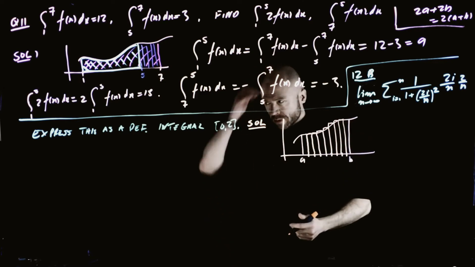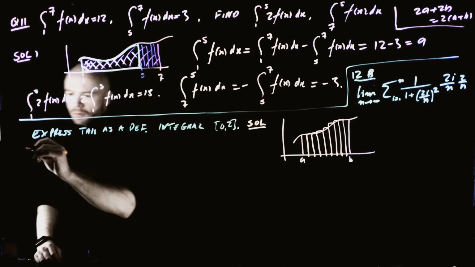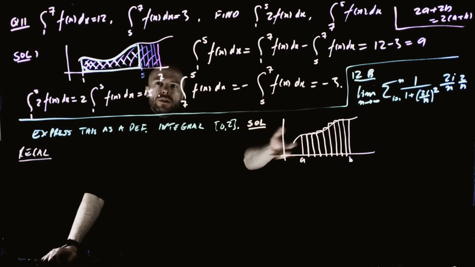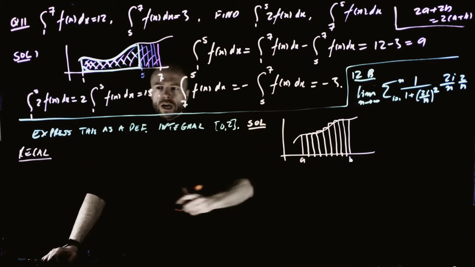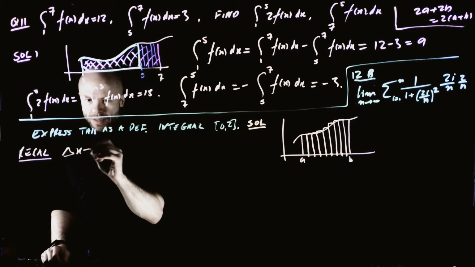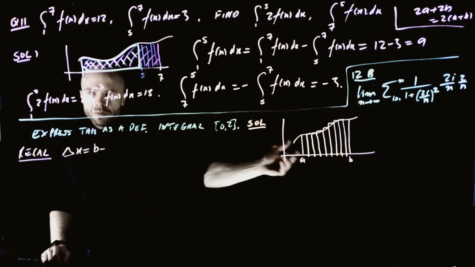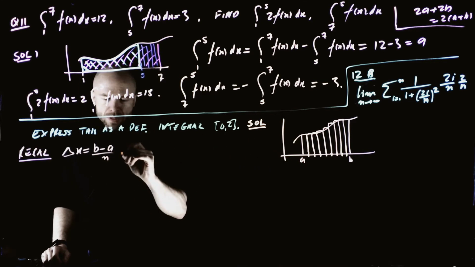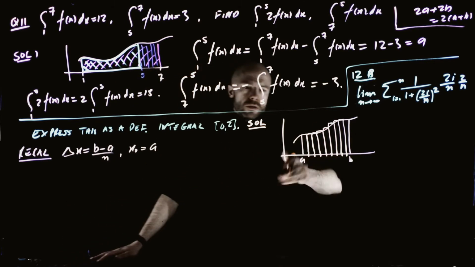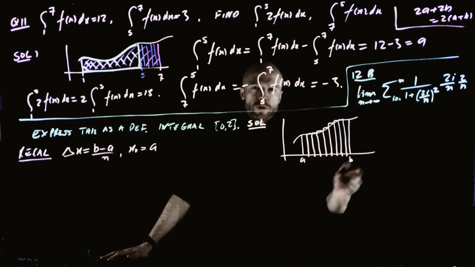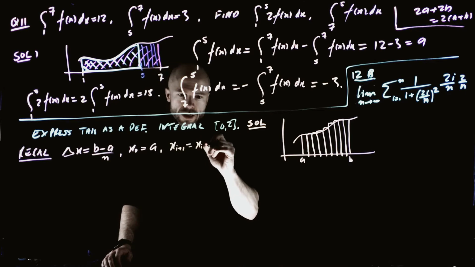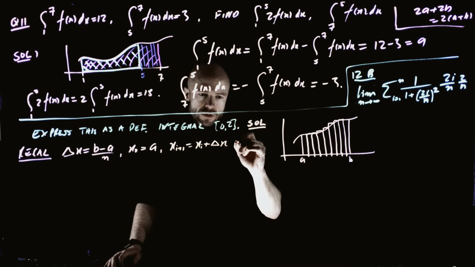And in order to do this, we have to develop this machinery. Recall, we have to develop these intervals and find a way to describe them. If we cut up the base into n equal subpieces, then we let delta x be the length of this interval, b minus a, divided by n. We let x0 be the leftmost point, and then we keep going along, defining each from the last by adding delta. So x_{i+1} equals x_i plus delta x,